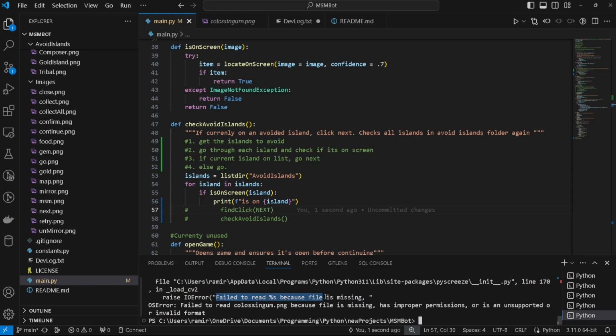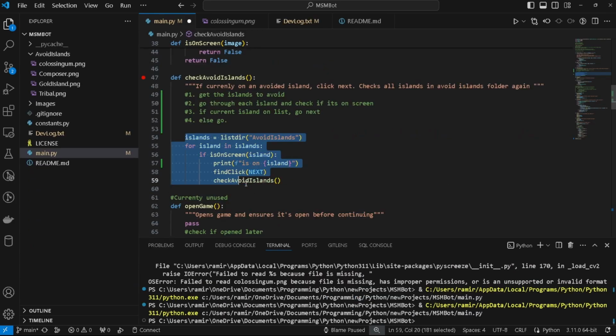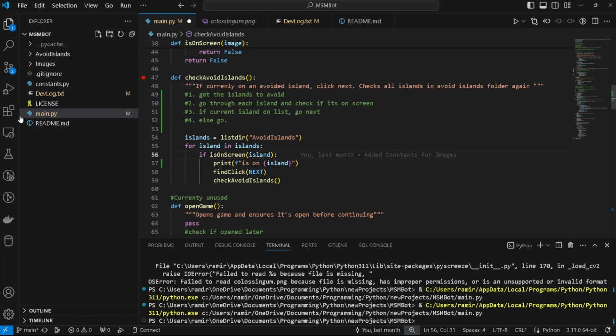Failed to read because file is missing. All right, well, I found the issue. It's because it's looking for just the island, and the island just doesn't exist since it's inside the folder. Technically can't even see it. So we have to basically tell it